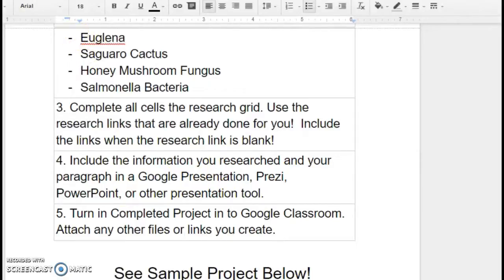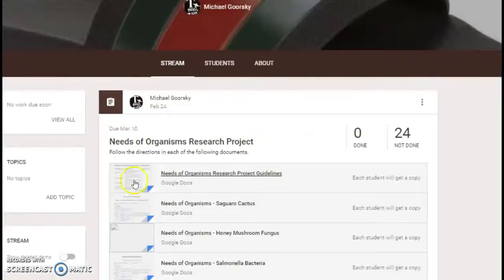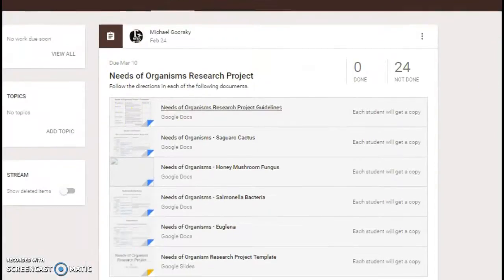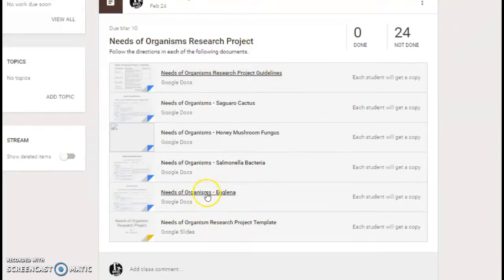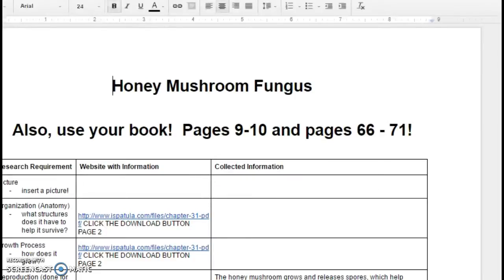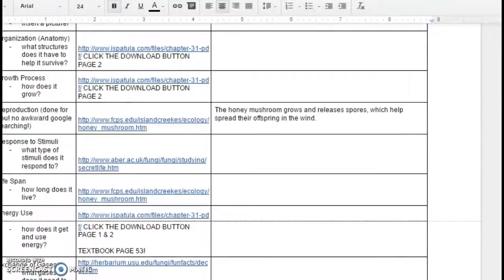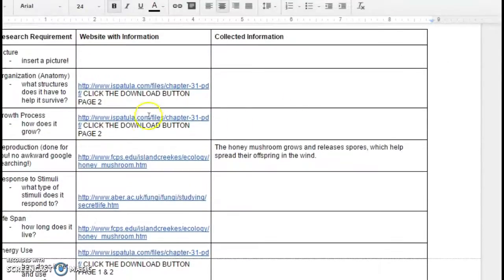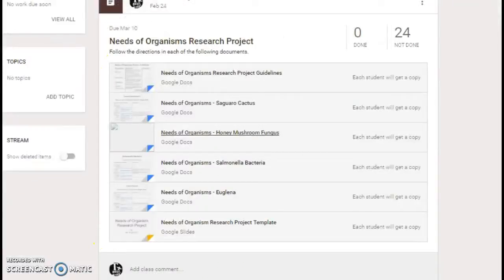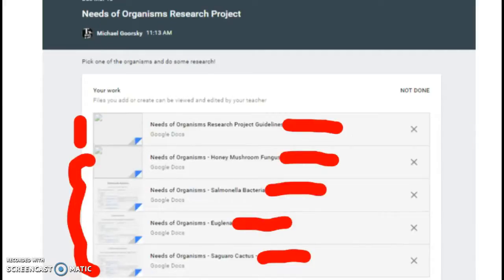Now, if we go in here and see the different projects that you can choose from, let's just pick honey mushroom fungus. I put all the links that you'll need in here except for the one for the picture. And then I also have some information for some of the boxes, just to help you out a little bit. So when you are in here, you're going to pick one of these four organisms to